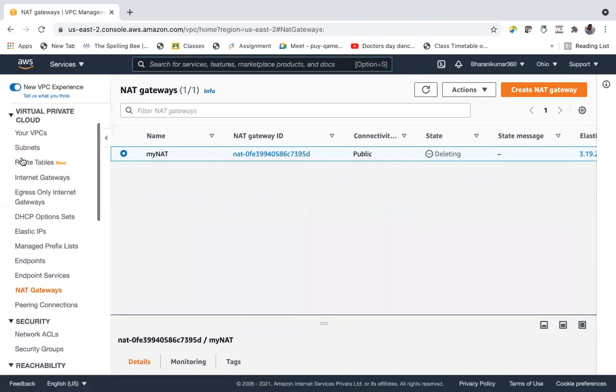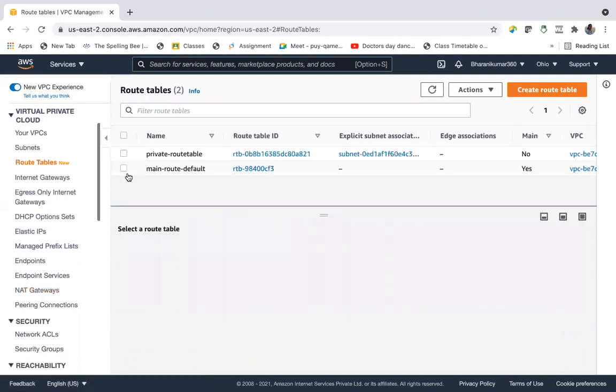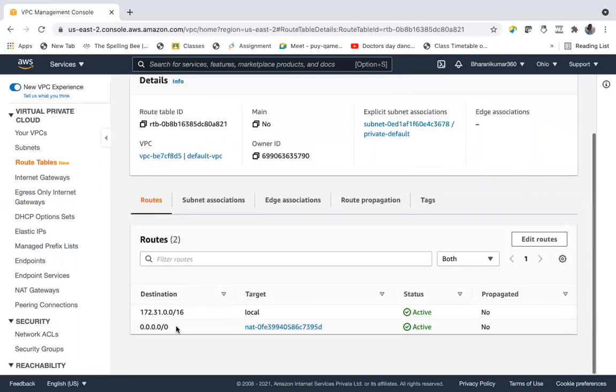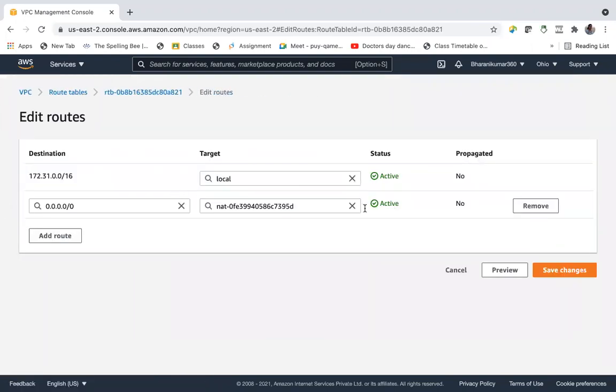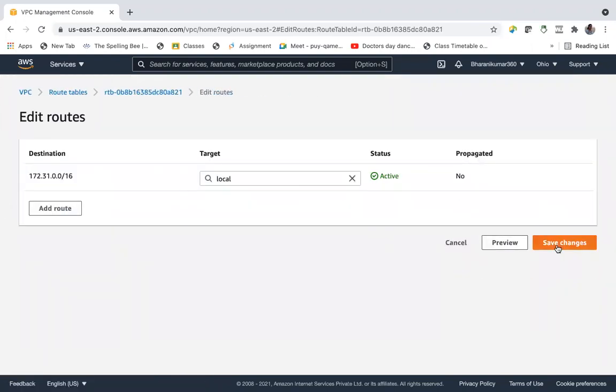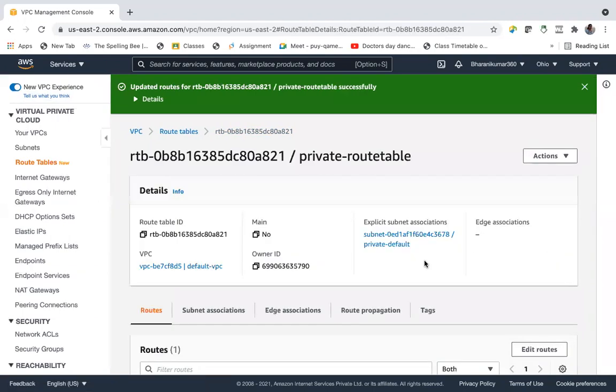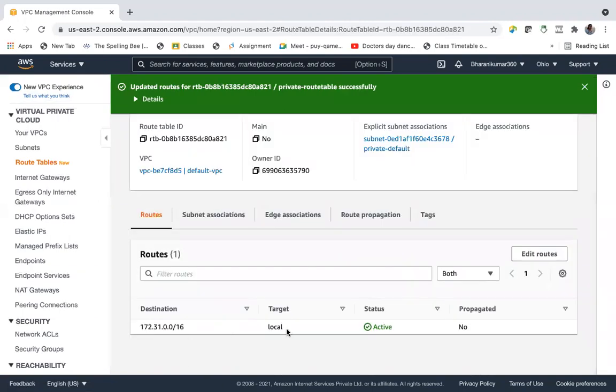Go to route table and private route. We don't want the NAT gateway now. Edit routes. Remove this. Save changes. Now the private route table can route only locally.